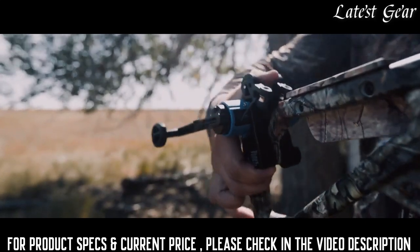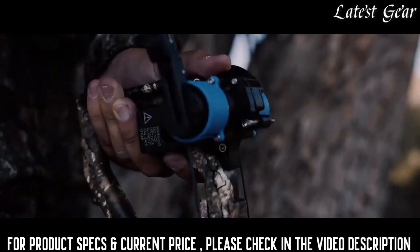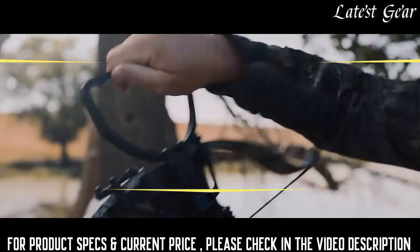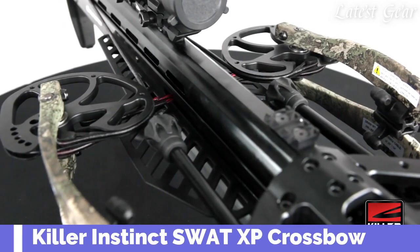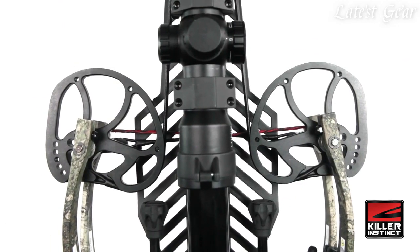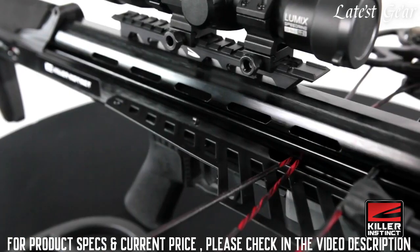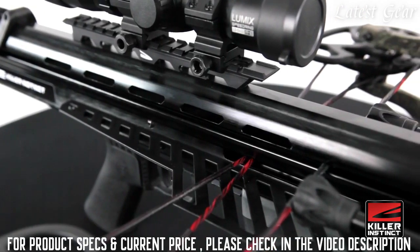The Micro 340 TD is fully compatible with the Charger EXT silent cranking system and the Excalibur Explorer case. Undisputable Arrow bow that measures in at 27 inches total length and 9 inches wide when cocked. Exclusive to Killer Instinct, the SWAT XP features the patented AccuTac barrel system, the most accurate barrel ever offered on